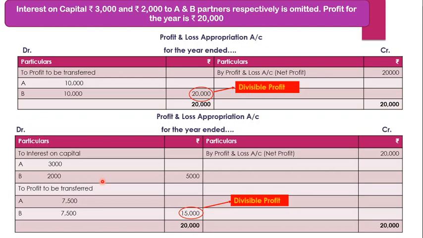Finally, we'll find out one amount which is to be passed from one person to another, so that the omission or this error can be rectified. Fine. So moving ahead, what we have seen is that 10,000 was the amount of profit they received. The actual amount was 7,500, which they were supposed to receive.